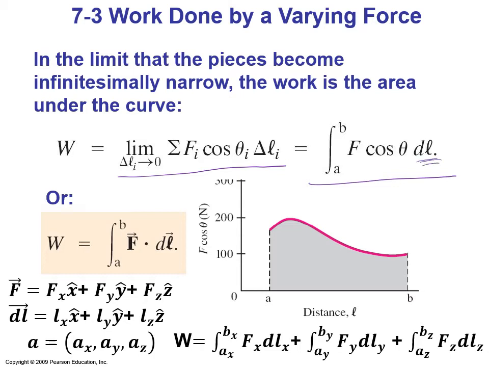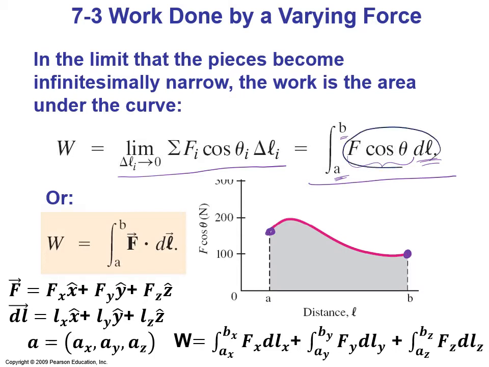Notice I'm integrating over a displacement element from my initial starting point, A, to my final point, B. And so this is what I'm integrating over. My integrand, the function that I am integrating over, is this F cosine theta. So F cosine theta here, by the way, could be written, if you wanted to keep this in its vector format, this whole thing here,